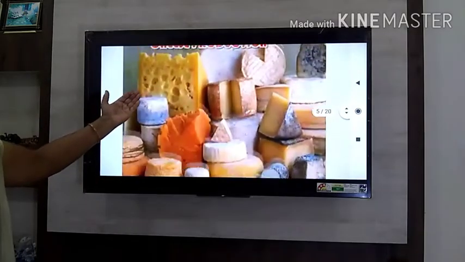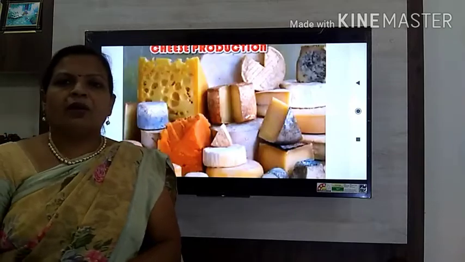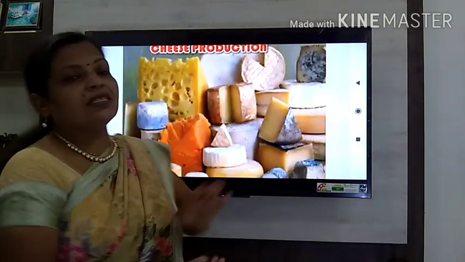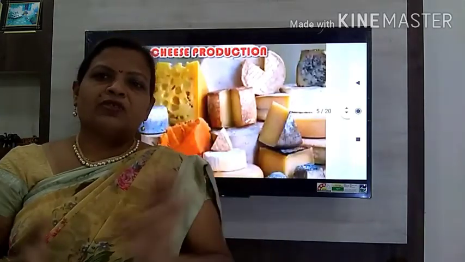The next important product, among the most important dairy products, is cheese. All of you are familiar with, or might have eaten, pizza, burger, sandwich, and all these fast foods, and the quality and the price of these food items available in the market depends upon the type of cheese. Mainly it depends upon the type of cheese that has been used in the food item. So what is this cheese? Actually, there are different types of cheese, and